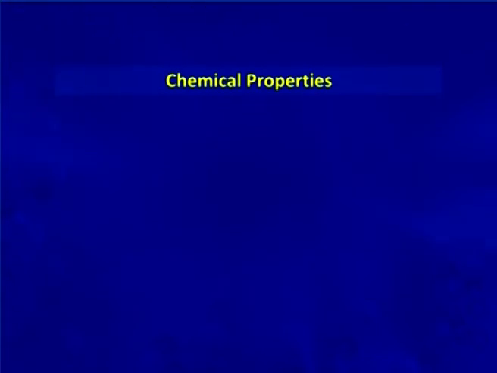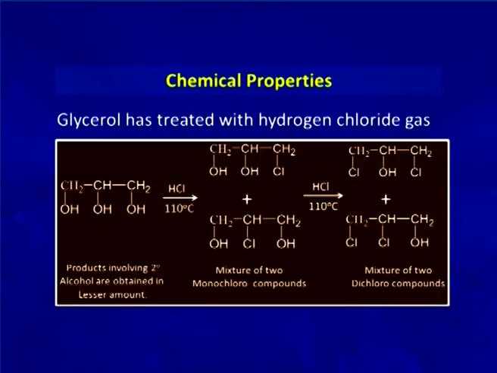When glycerol is treated with hydrogen chloride gas at around 110 degrees centigrade, then it forms monochloro-derivative. 2 monochloro-derivatives are formed. Here you can see the chlorine is replacing the primary hydroxy group, and here the chlorine is replacing the secondary hydroxy group. So, a mixture of these 2 monochloro products are formed,